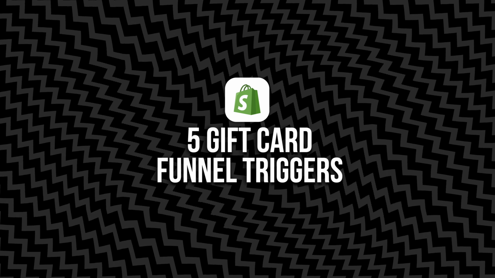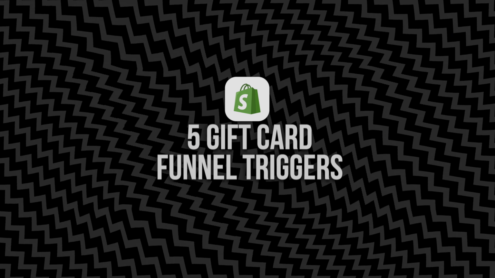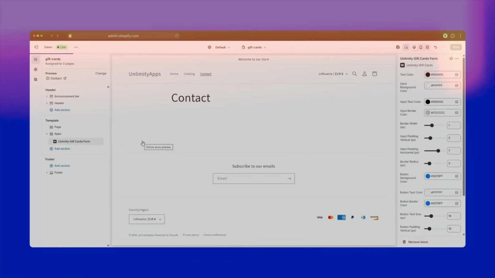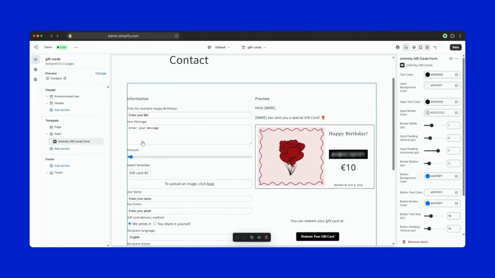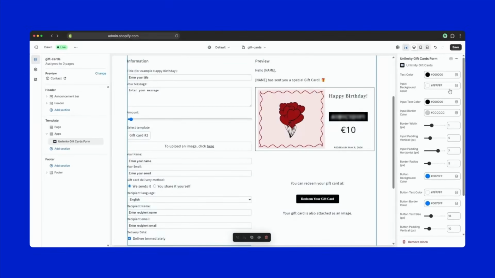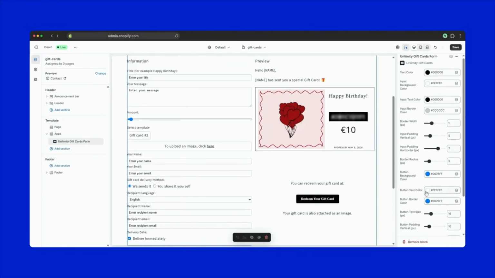Okay, now here are the 5 gift card funnel triggers that you can use. Number 1 is birthday campaign. So collect the customer's birthday through your account registration, your email list sign up, or a post-purchase survey. Set up an automated email that sends a small gift card, maybe $10 or $15, approximately 2 weeks before the